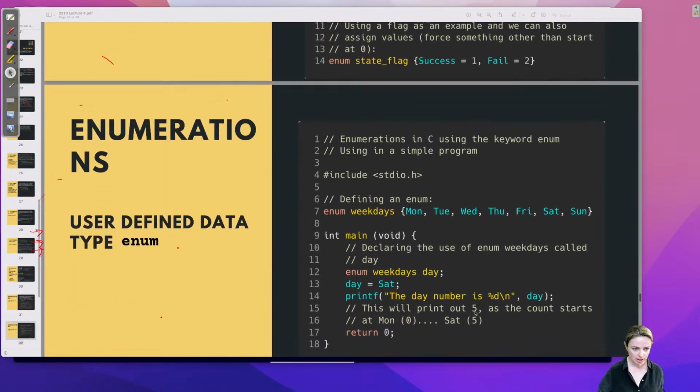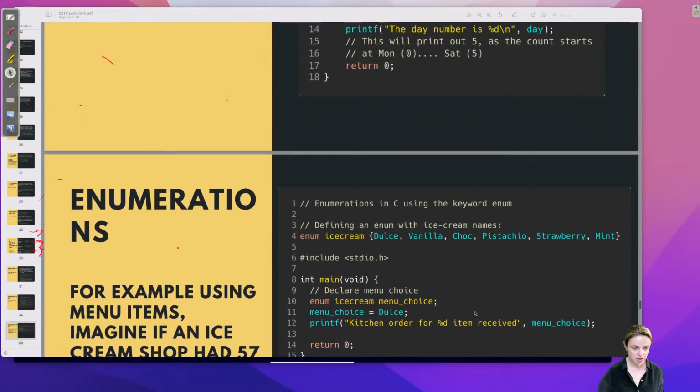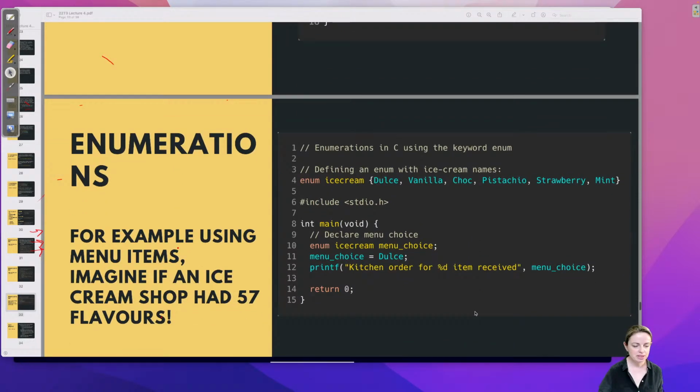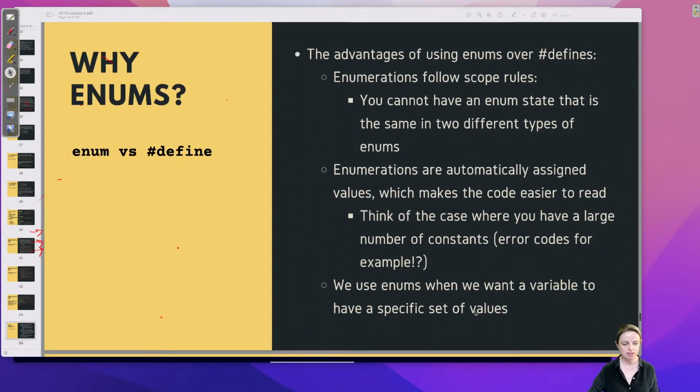It's really just there to help me manage a large amount of things. Let me go to this page first, because it's a good question. What is the advantage of using these enums over the hash defines? Because really they're constants, right? But they are enumerated constants. Think about it this way. When you have contexts with 5 or 6 things in an enumeration, you're like, well, why would I use it? And I don't disagree with you. With 5 or 6 things, it's easy to do a hash define.